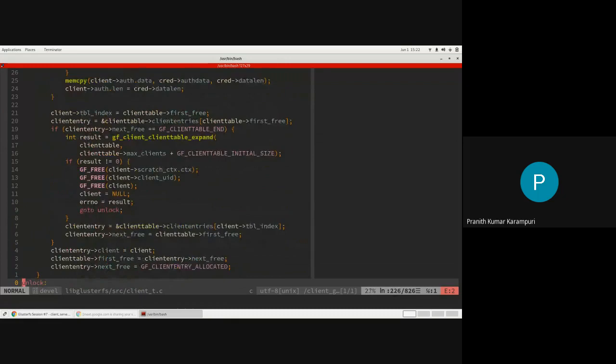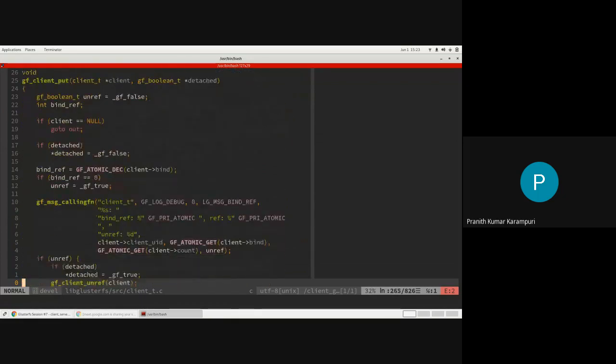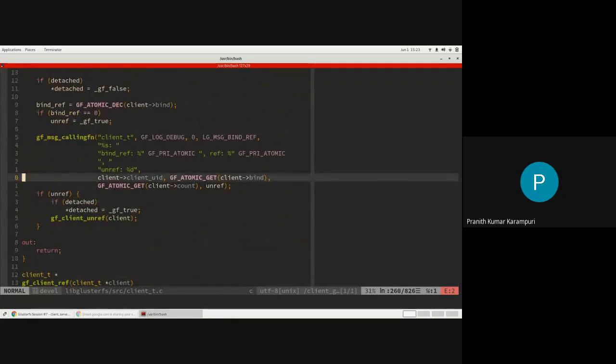So it's the same thing. In client put, the reverse happens. It maintains these references for cleanup purposes. Client get creates it, client put actually removes it. The nomenclature could be a little bit confusing though.